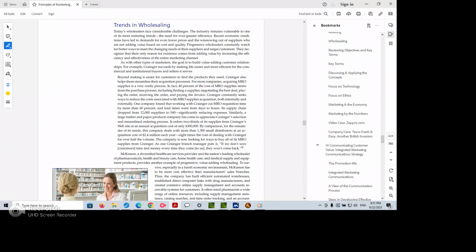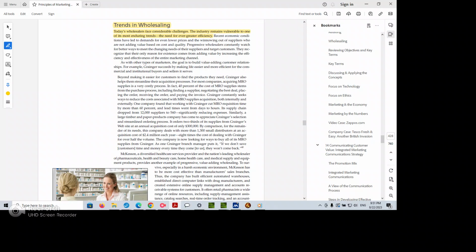Let's just talk about some trends in wholesaling. Today's trends face considerable challenges. The industry remains vulnerable to one of its most enduring needs, the need for even greater efficiency. Now, remember that this was done in 2012, so some of this may already be implemented, and most likely will be. Recent economic conditions have led to demand for even lower prices